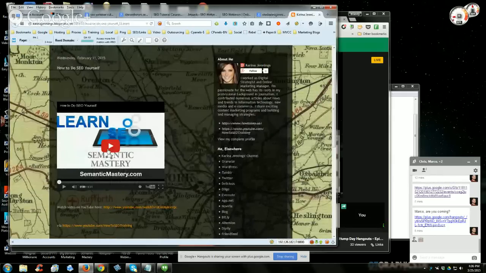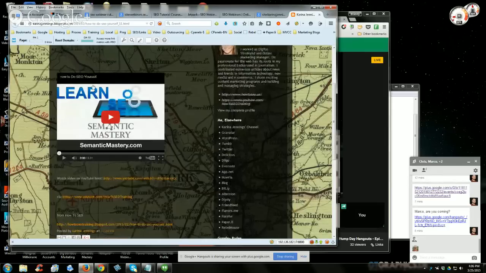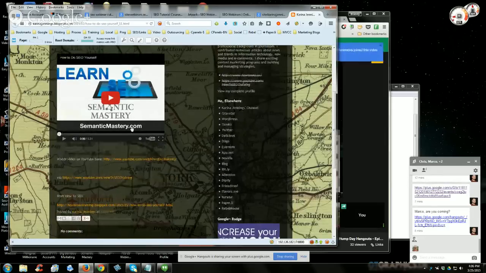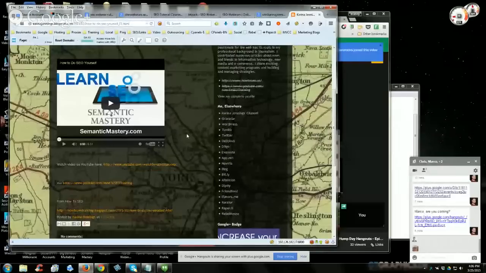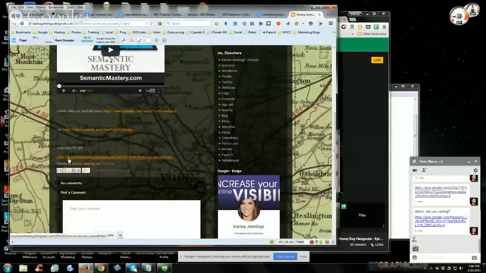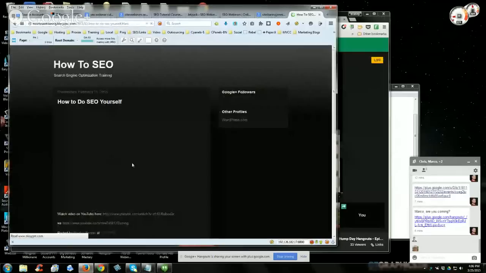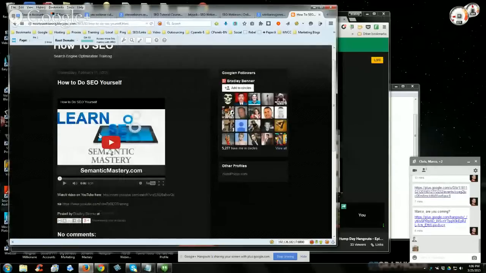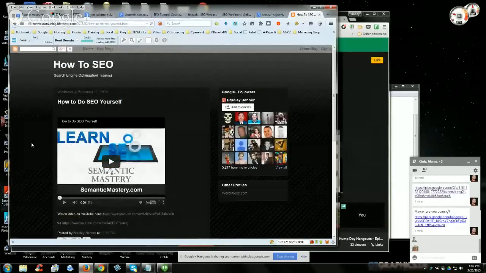Tier 1 is my How to SEO branded network. Tier 2 is 3 persona rings. This being the tier 2A ring, which is Karina Jennings as the persona. You can see the embed comes from my blogger account, where it says from How to SEO blogger. If I click on this, it takes me to my tier 1 branded network for How to SEO. You guys see that?